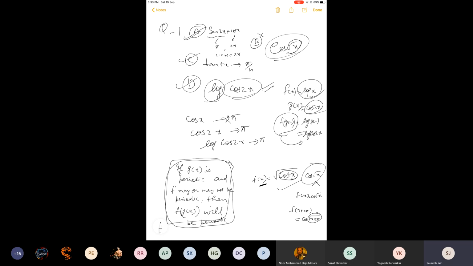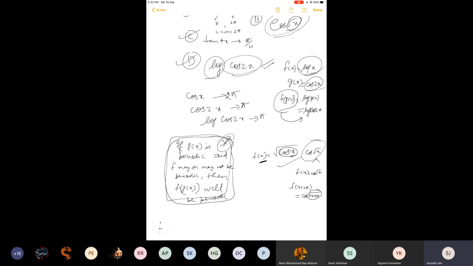We have also verified that log is not having any effect on the period of this function. Also remember this point, this will help you out. If a composite function has to be a periodic function, the inner function must be periodic. Inner means here g(x). This is the reason. Apart from this, do you have any other doubt? I think we have solved almost every type of question here.